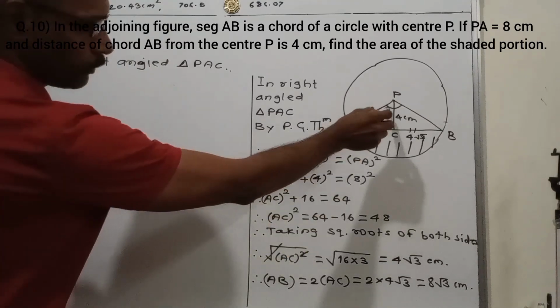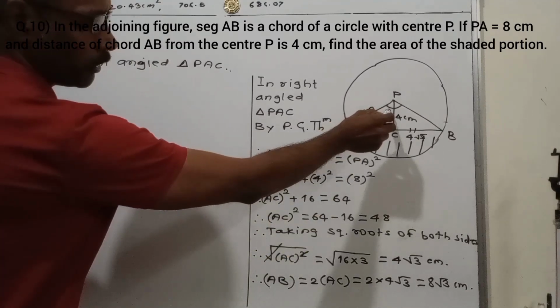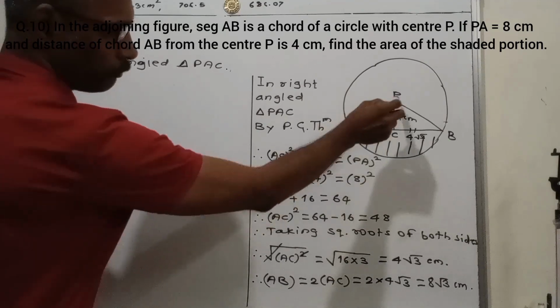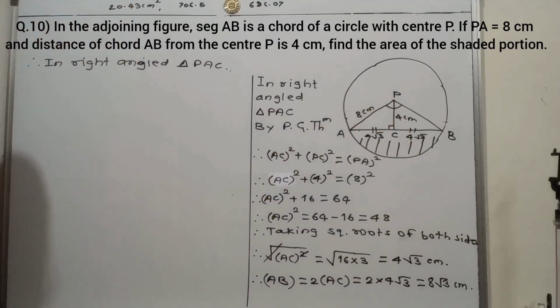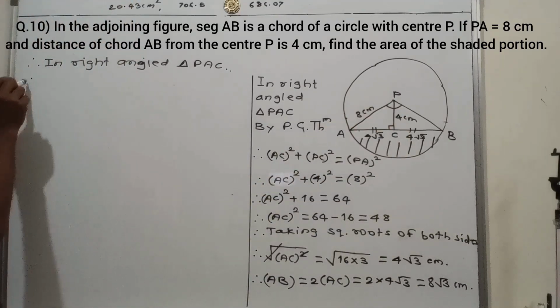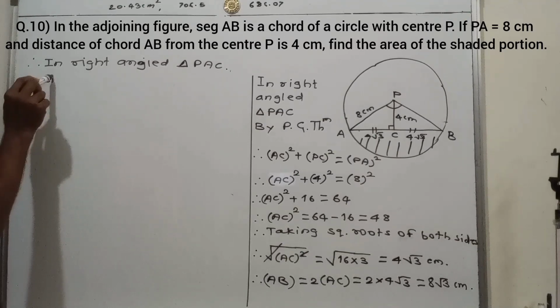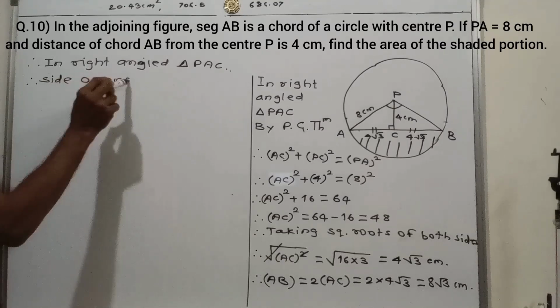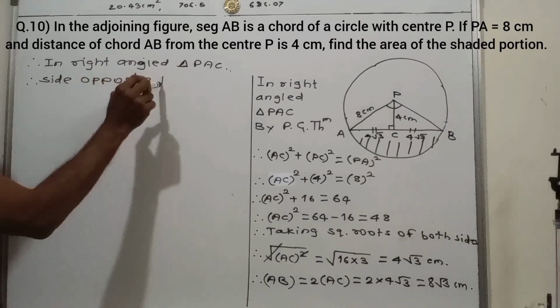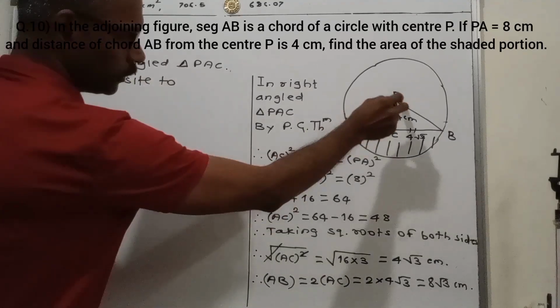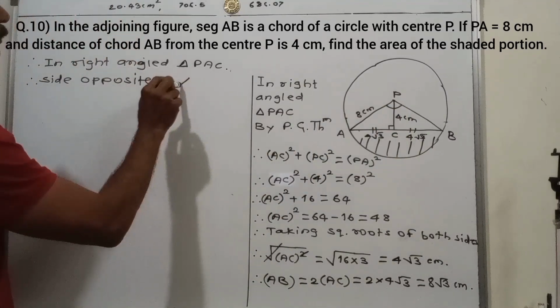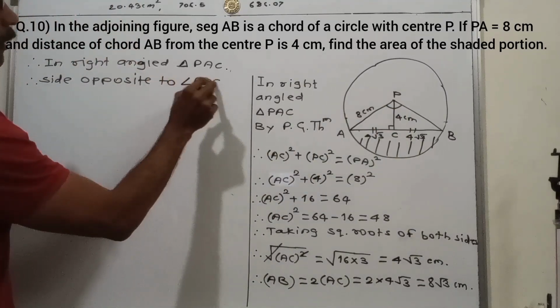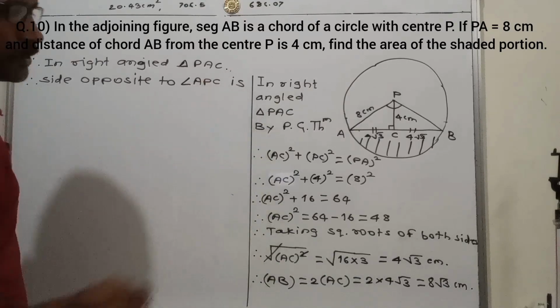Okay, so first we will find out this angle, means APC. Okay, therefore side opposite to angle APC is